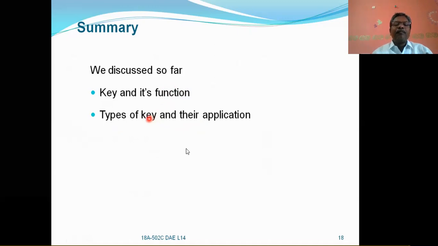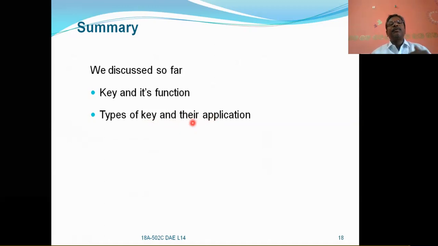The types of keys are sunk keys and saddle keys. Sunk keys are divided once again into different types: square key, rectangular key, and jib-headed key, and then Woodruff key and feather keys. In the case of feather keys, there is feather key with set screw, feather key with peg, feather key with a single head, and feather key with a double head. Also round keys and tangent keys are there. In the case of saddle keys, there are flat saddle key and hollow saddle key, right? And their applications we have also completed so far.